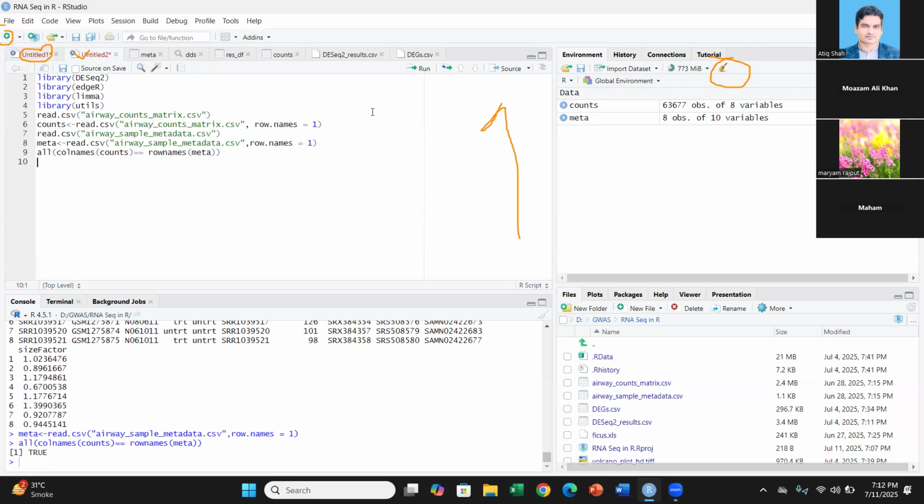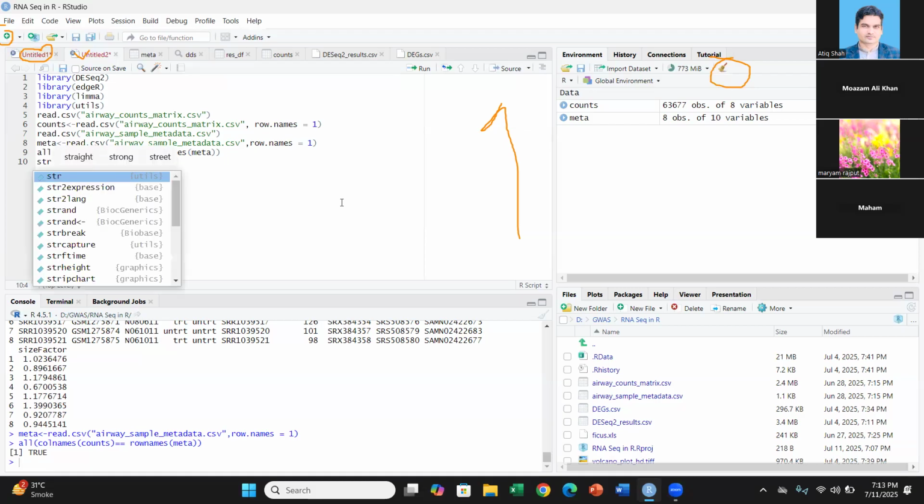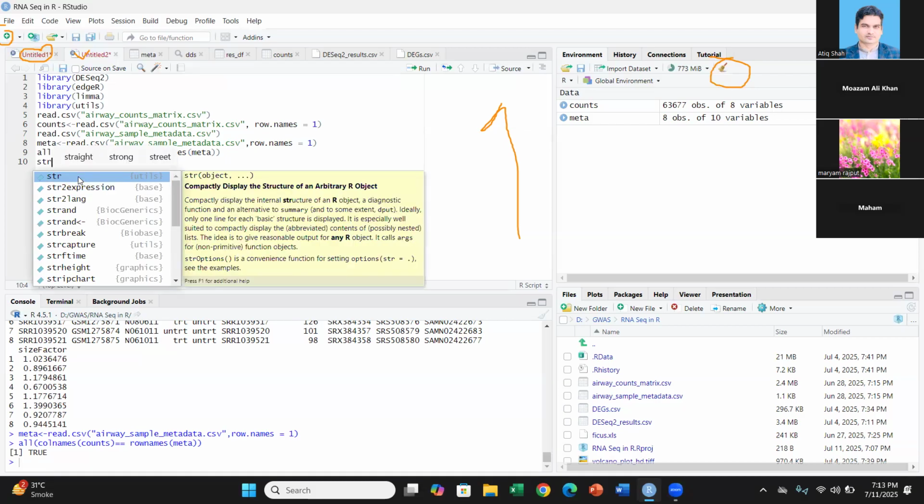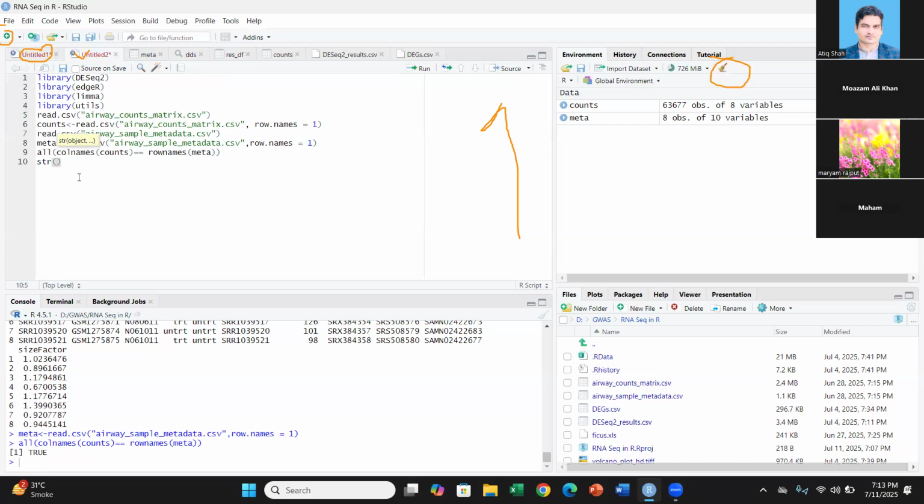Okay, in our previous class, we have done some differential gene expression analysis, including we have done some PCA plot or volcano plot or heat map plot. In our today class, first we will explore how many types of RNA-seq analysis we can perform on this data set. So first step, take STR. Count, and then for metadata,